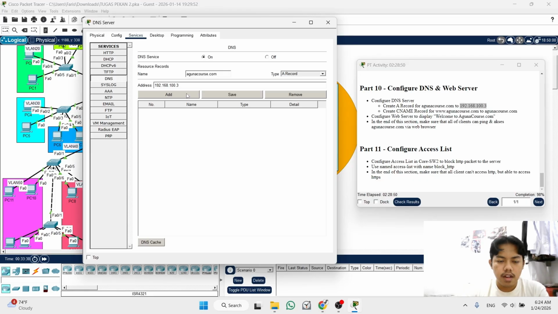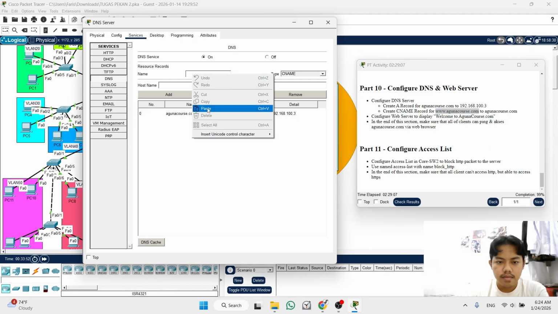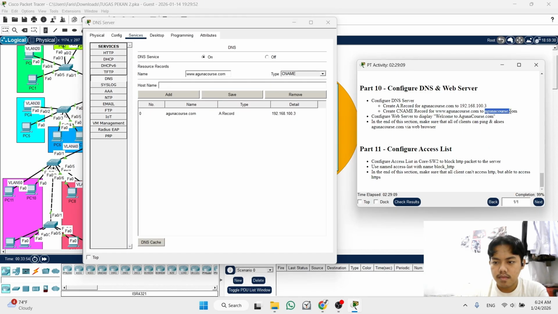After that you click add. The second is CNAME. You change the type to CNAME, and then do it as usual.